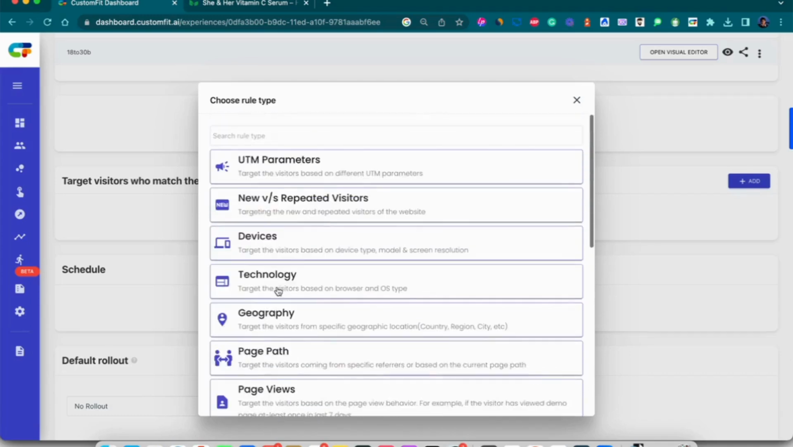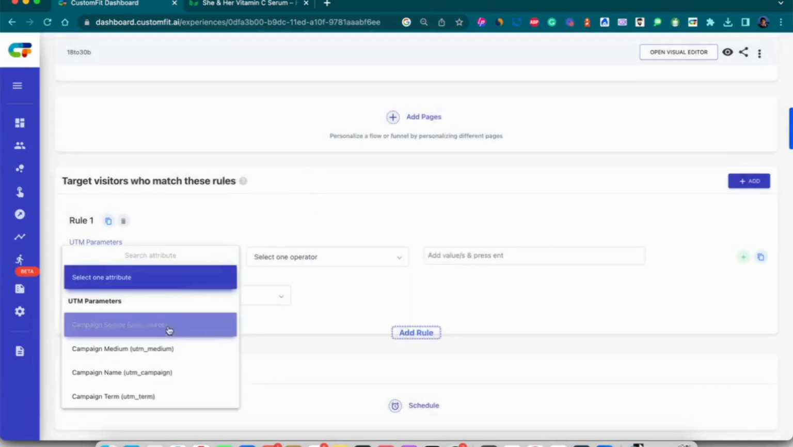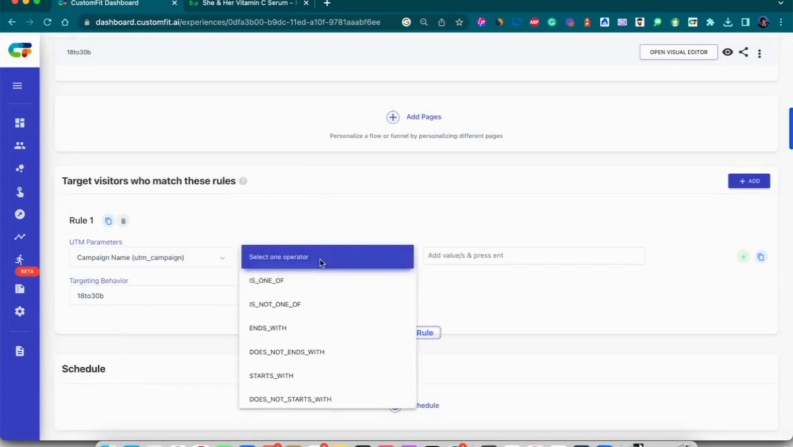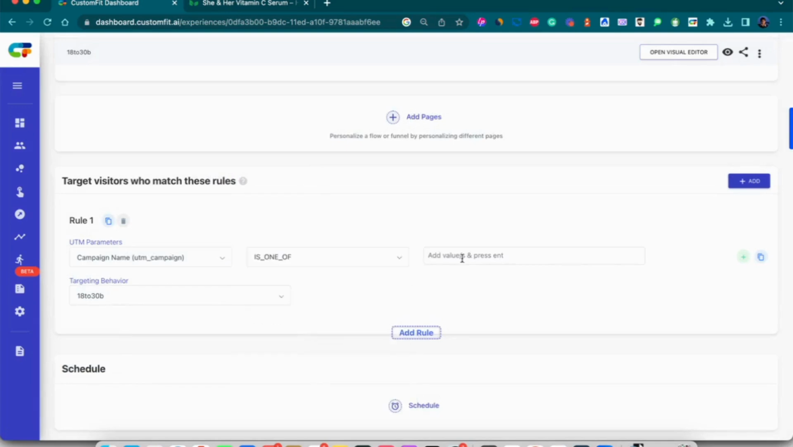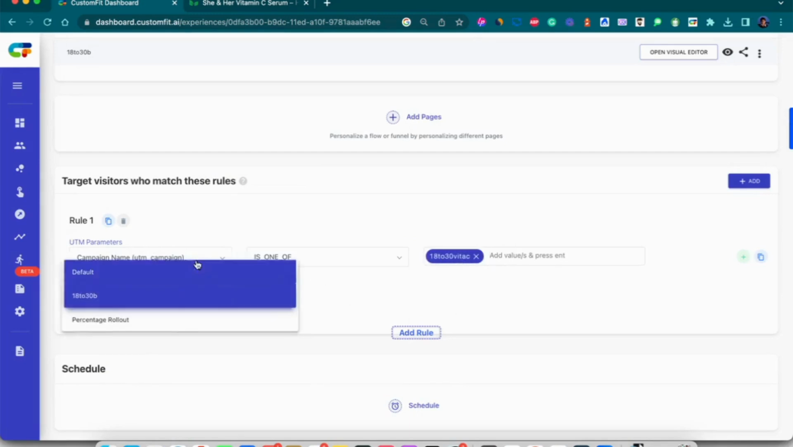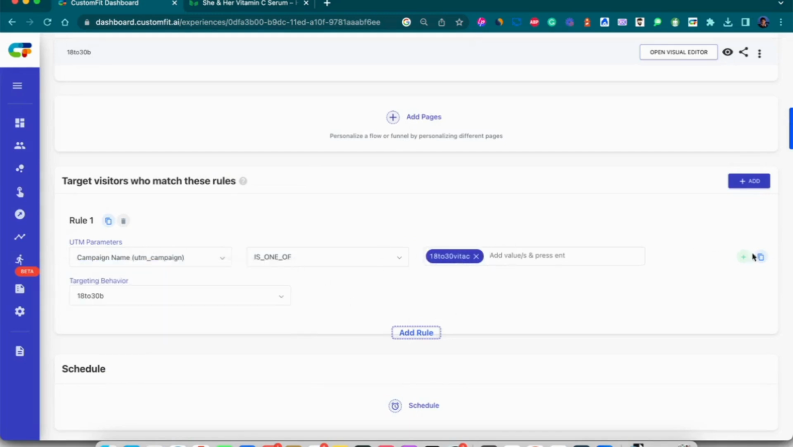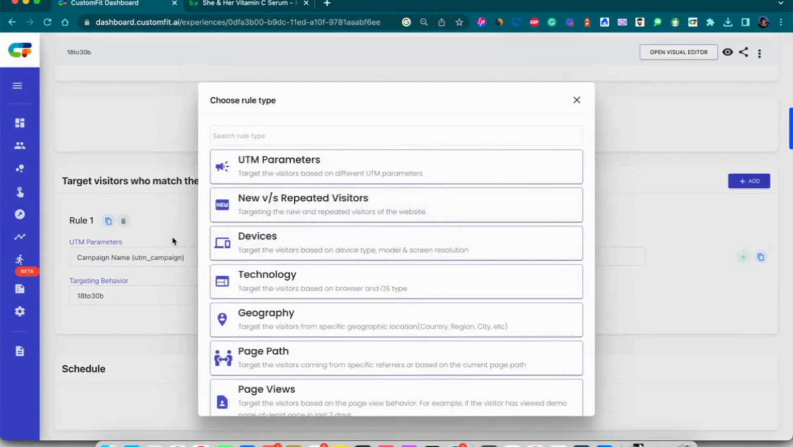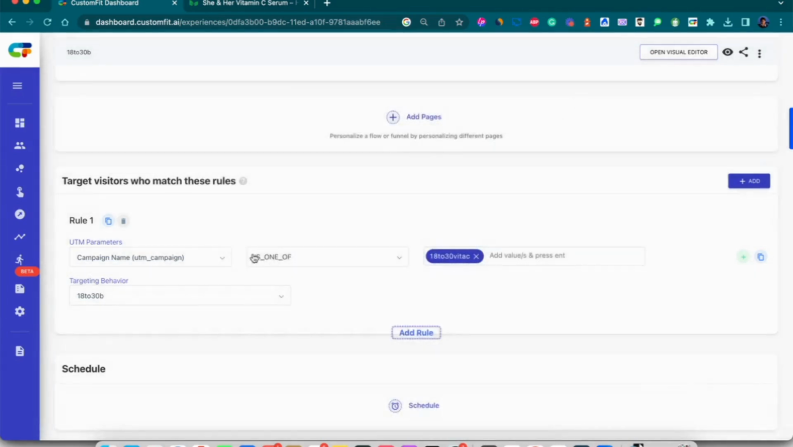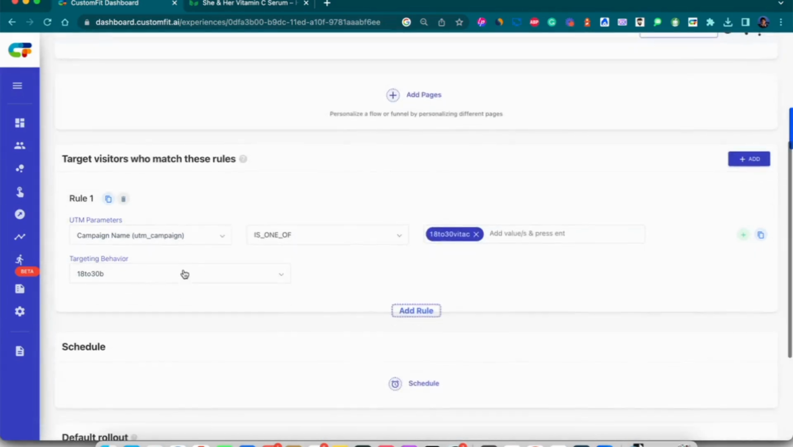Let me just quickly, for this example's sake, select UTM parameters. Say if the UTM campaign is one of, let's say this is my campaign ID, 18 to 30, right? So here, you can add multiple conditions also, like when this is met and it's a new visitor, right? In this case, I will add only one condition. So here, whoever matches this